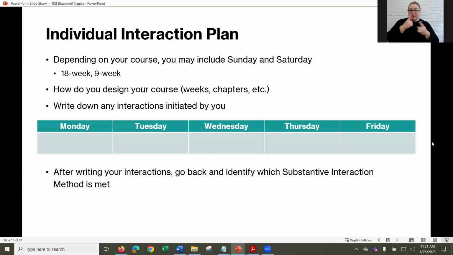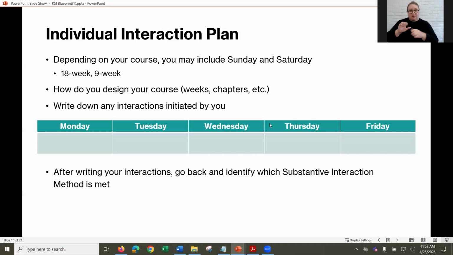Am I always, after major assignments, providing personalized feedback in SpeedGrader for them? If that's something that's consistent, then yes, I can also include that information in my communication plan. I expect personalized responses and feedback for improvement on your assignments within 72 hours or within 3 days of the due date and whatnot. And so create this individual interaction plan for yourself, but then find out areas that you can share and be transparent with your students.